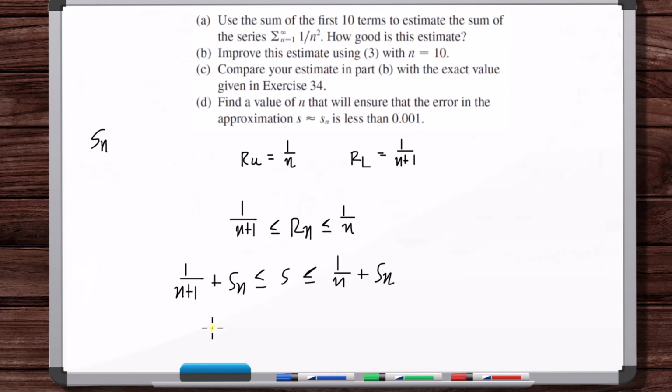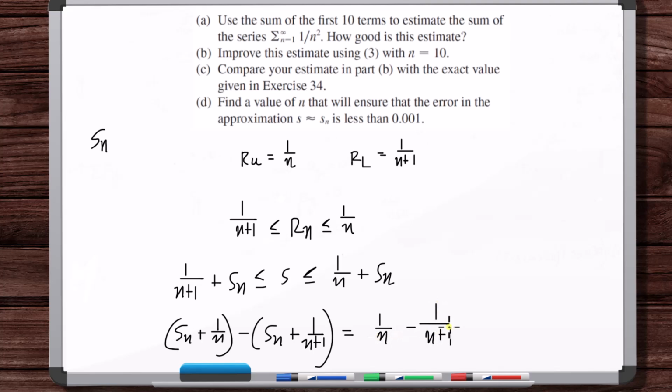This might work, actually. Because we say this minus this divided by 2, and the S of n subtracts out, right? S of n plus 1 over n minus S of n plus 1 over n plus 1 is equal to 1 over n minus 1 over n plus 1, and then you divide that by 2,